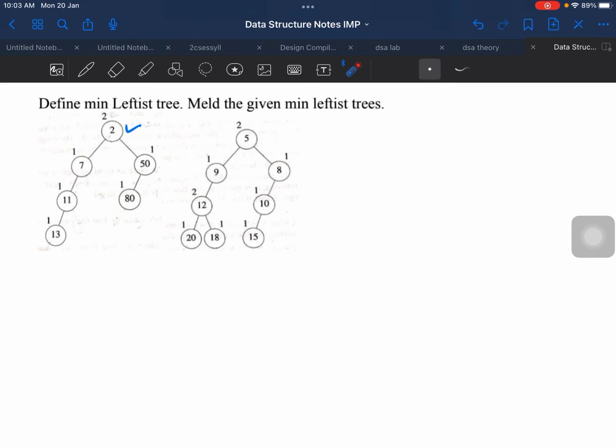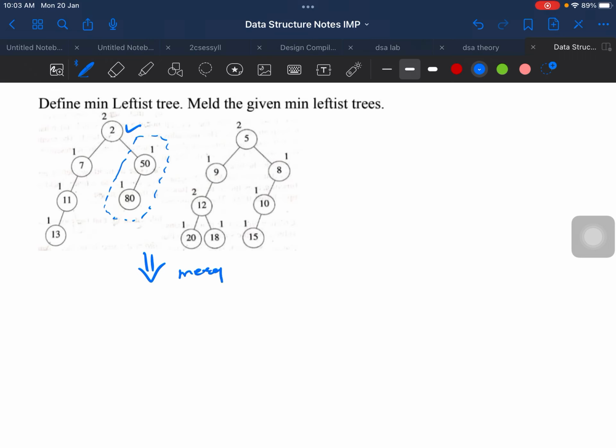So I will call one function for the right subtree of this leftist tree, whose root is minimum in this case, and the other tree I will pass as it is. I will call one merge function for this right subtree, so I am cutting this right subtree